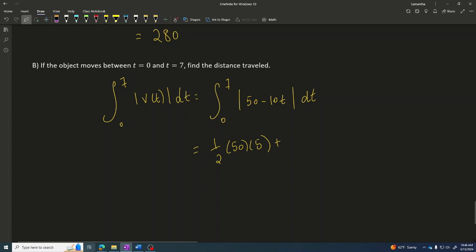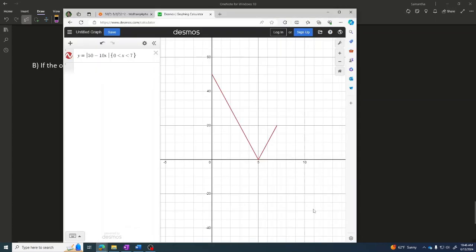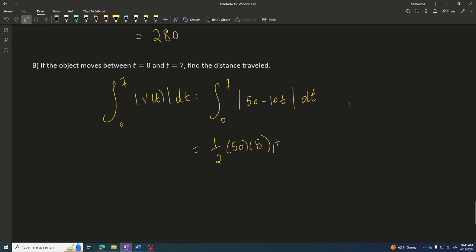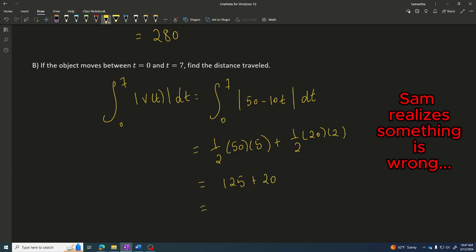In addition to that area on the left side, we have a little baby triangle over here on the right side as well. Looks like this triangle has a height of 20 units and has a base which is 2 units wide, 20 and 2. So putting both of those values together, this looks like 125, this looks like 20, so all in total,